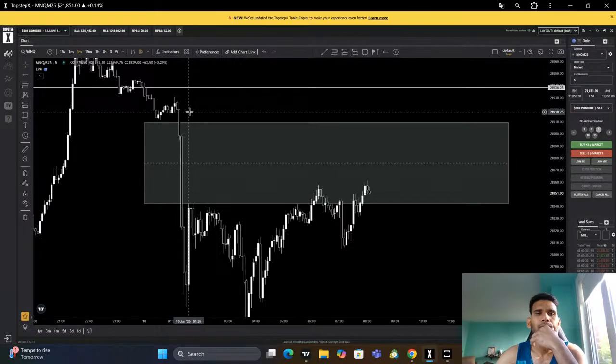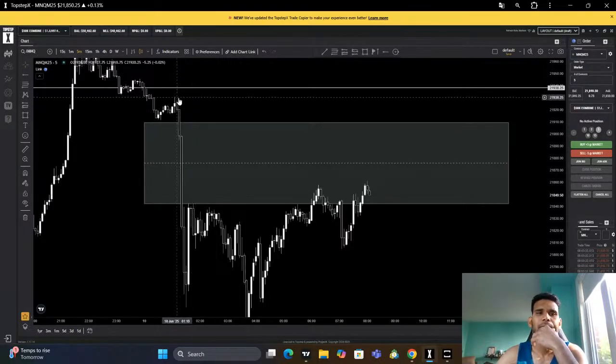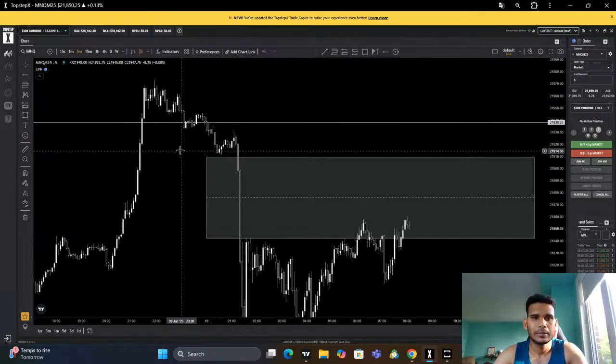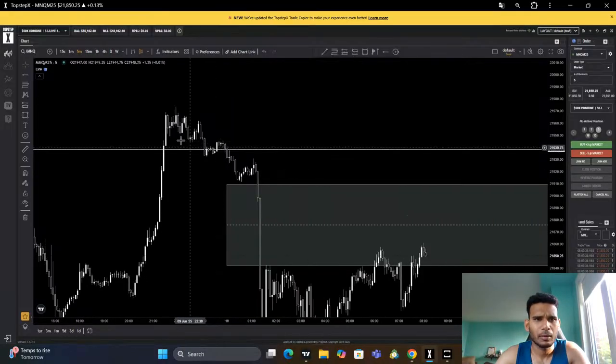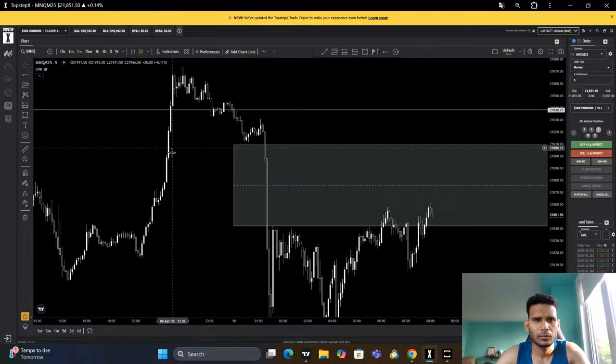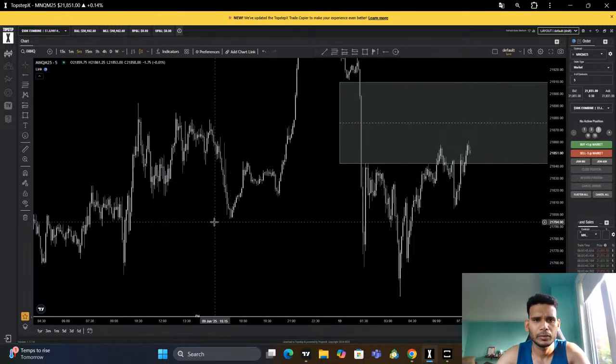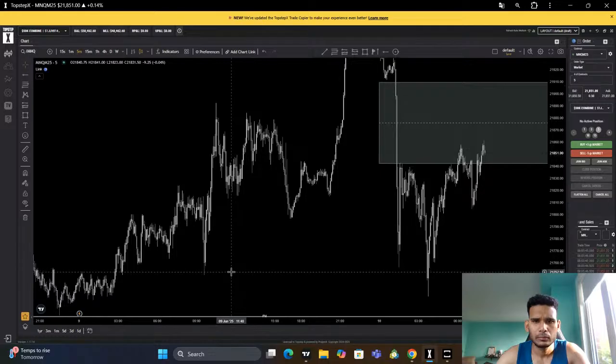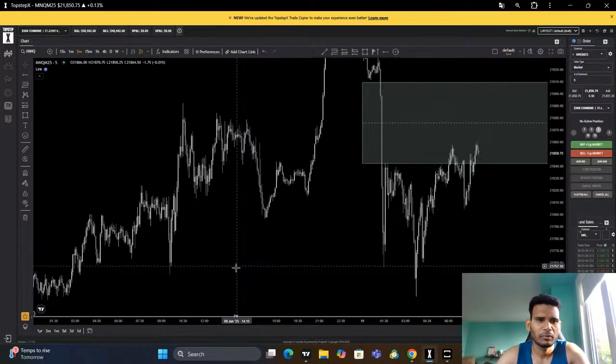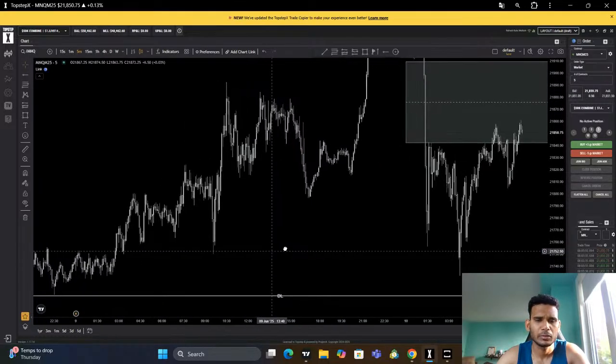It's going to give some reaction here. It's going to sweep this high. I don't know, let's see what happened. But what happened here is it swept the last high with a structure shift, sold off, and went through all the parallel gaps, all the way towards this point. A lot of liquidity has been taken, bro. A lot of liquidity has been taken on the downside, to be honest.